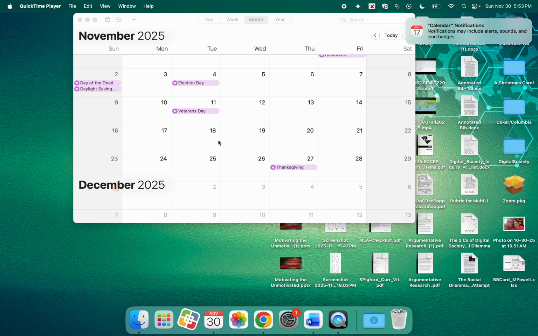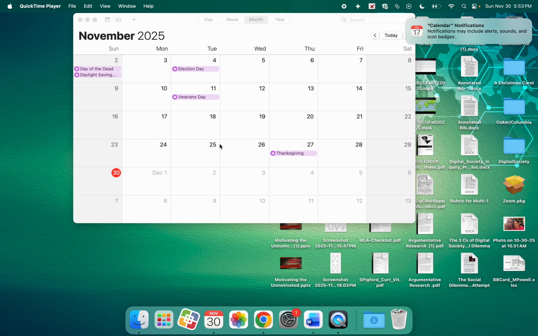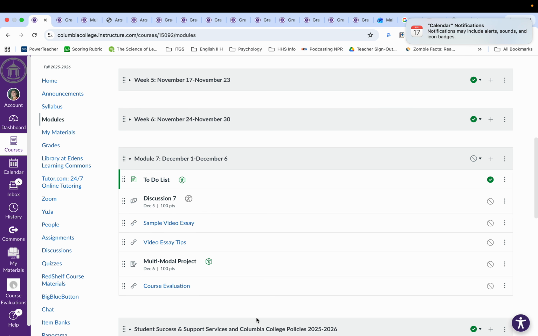To our last week here at Columbia College. I'm recording November 30th. Next week is our last week. The 6th is listed as the end, and I wanted to point out that that is Saturday. And then my grades are due on the evening of the 8th. So we've got a very short turnaround time to get some things done. So hopefully you guys will find this a relatively easy week to do.